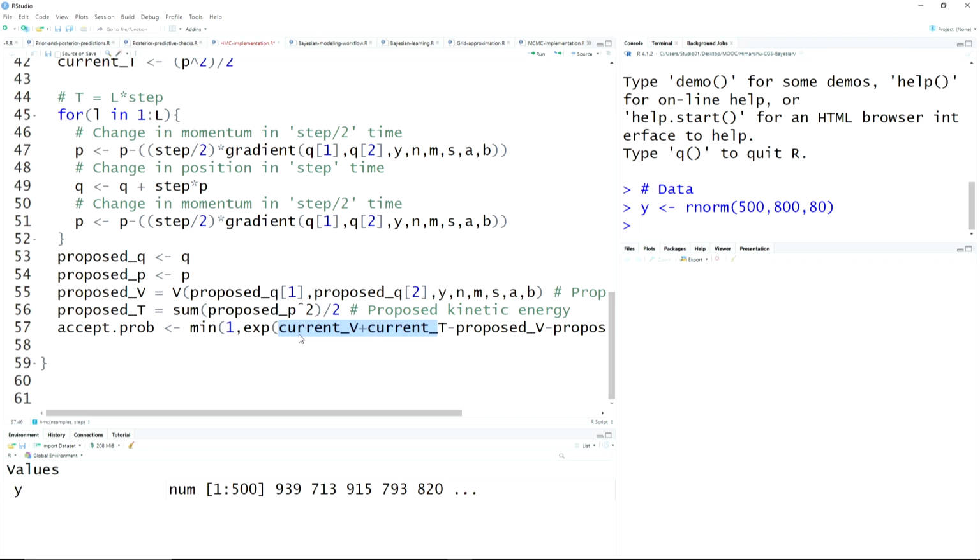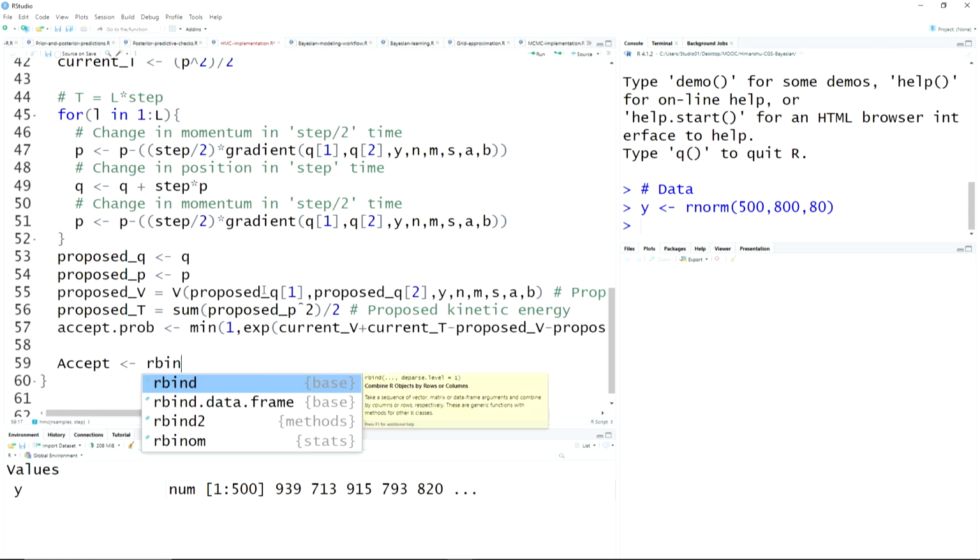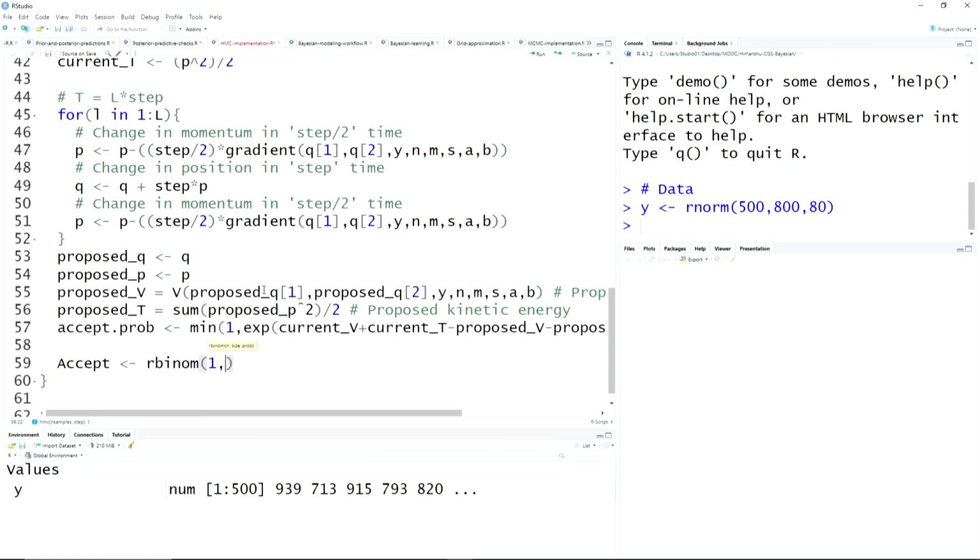So that this would give me some measure of probability of transitioning from the current state to proposed state, right? Now I can use acceptance probability in the same way as I've used earlier. So I can generate acceptance criteria. How? So acceptance criteria can be generated by rbinom with 1, size equals 1,